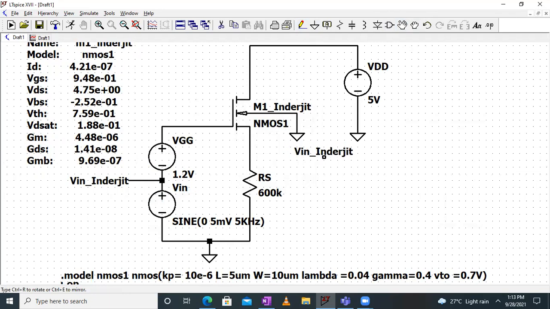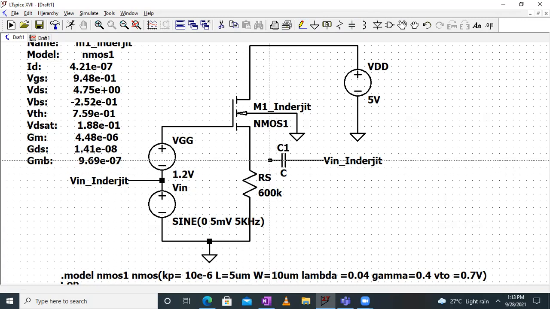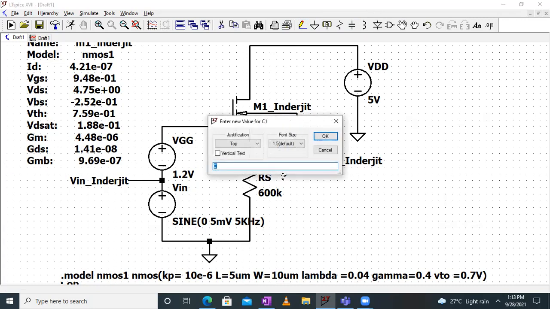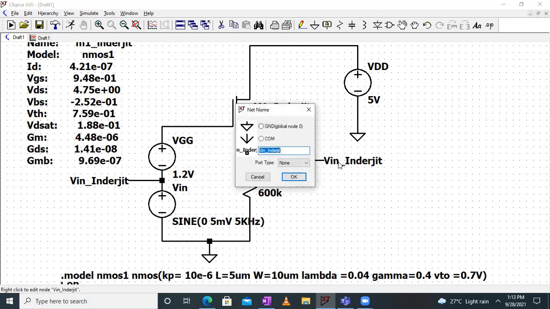And the next wire will be here because for the common drain or source follower, input is applied to the gate and output is taken from the source terminal. So we'll connect one more wire over here, and we actually have to connect a capacitor also. The reason being at the source terminal, we'll get a DC as well as an AC quantity, so we have to isolate the two. Hence we connect a capacitor over here, and then we'll connect it together like this. Then finally we will add the capacitor value, let's say as 10 microfarad, and this will be Vout.